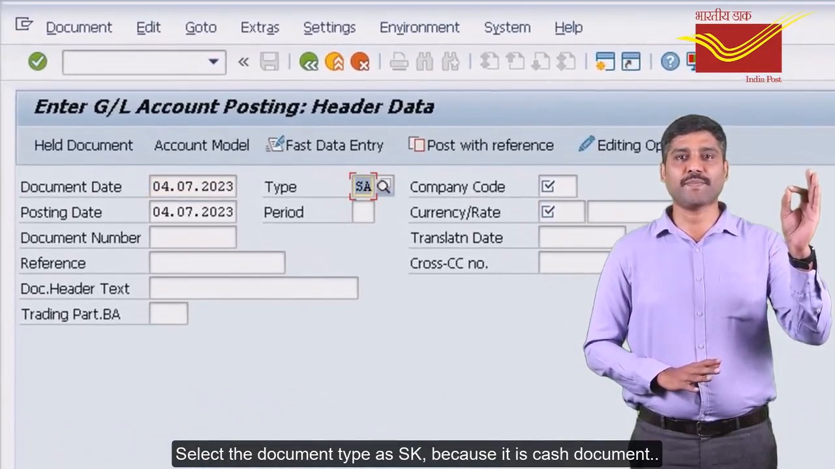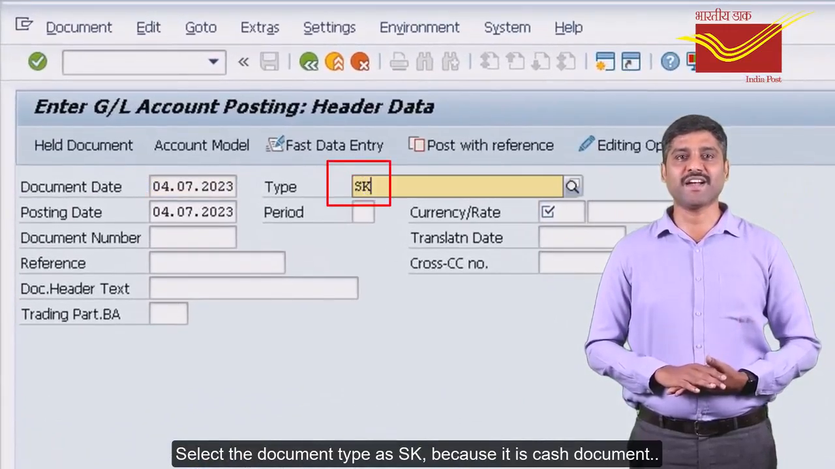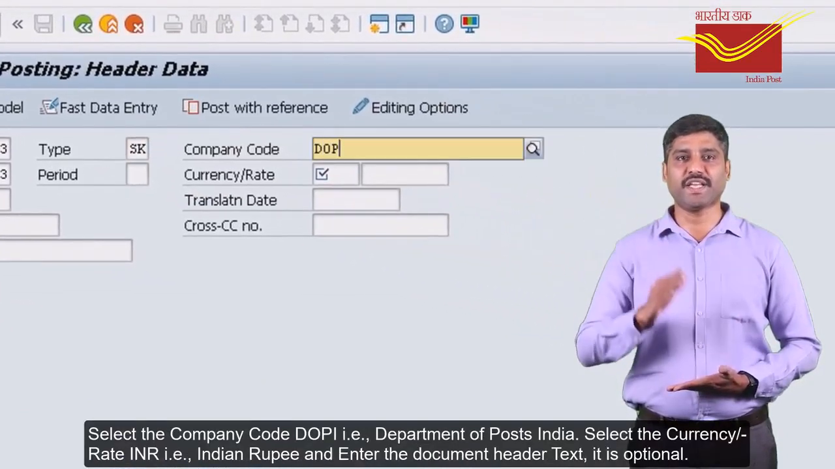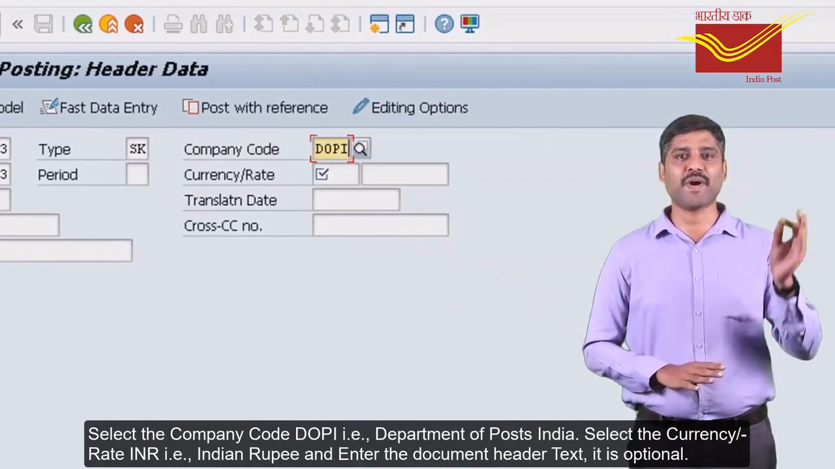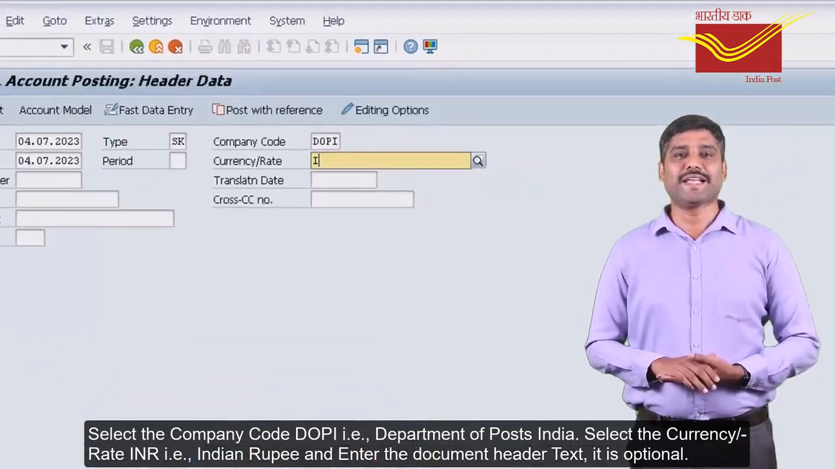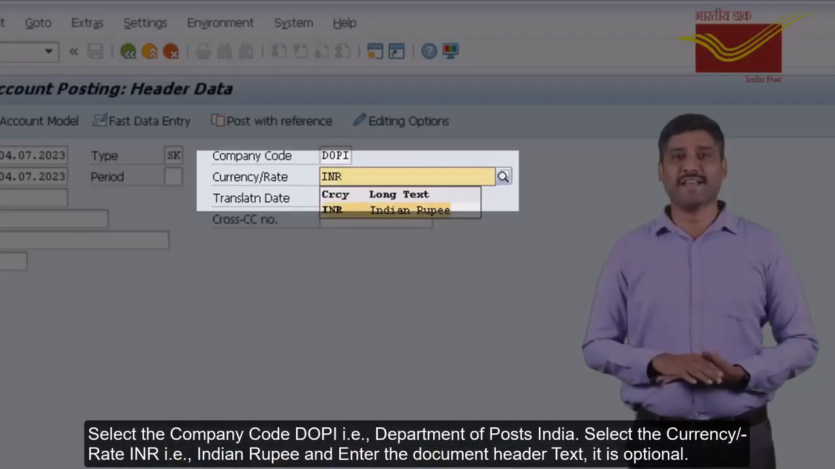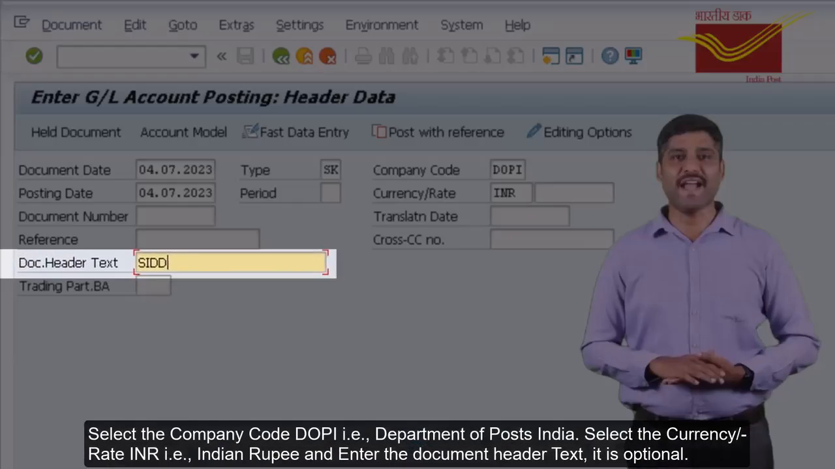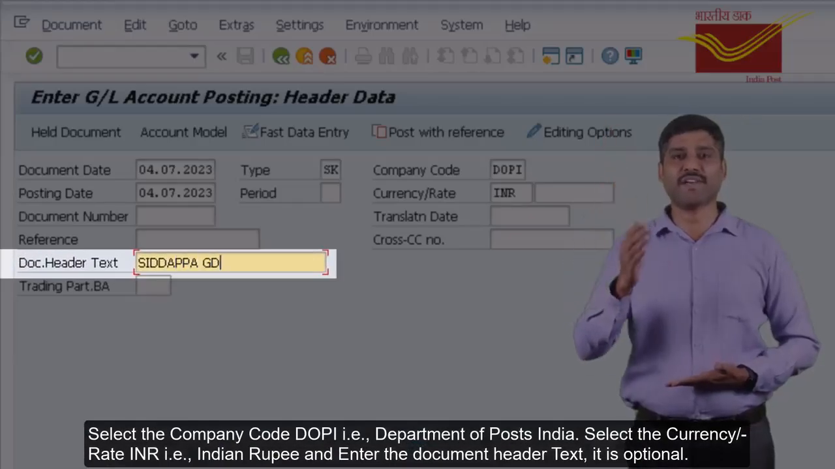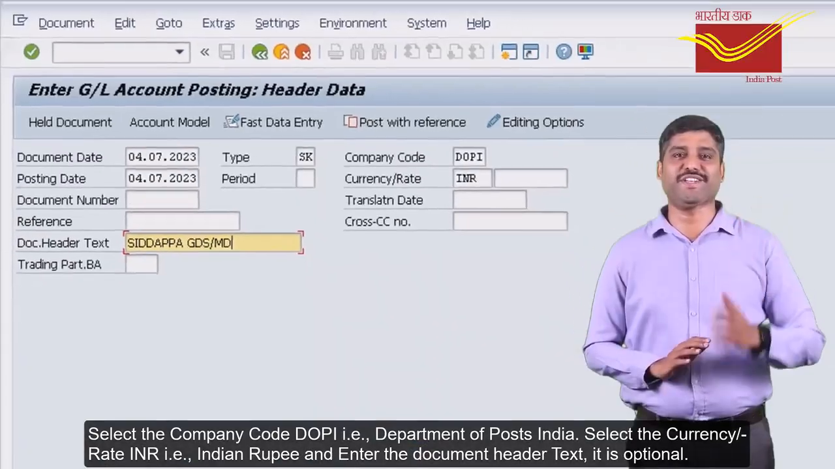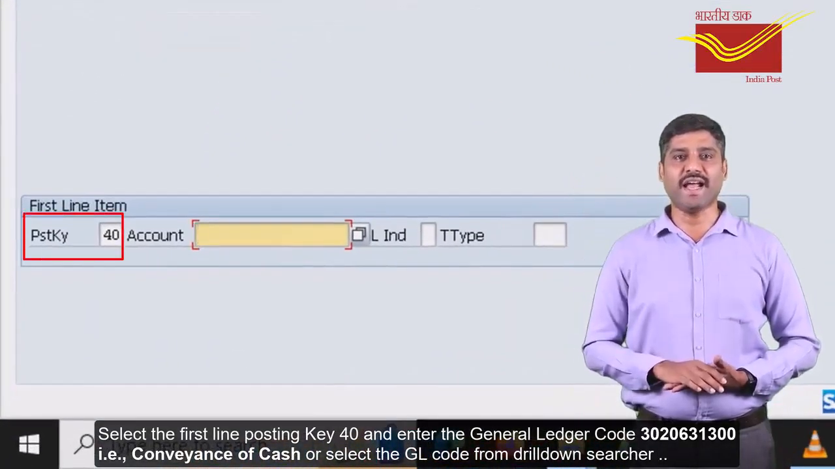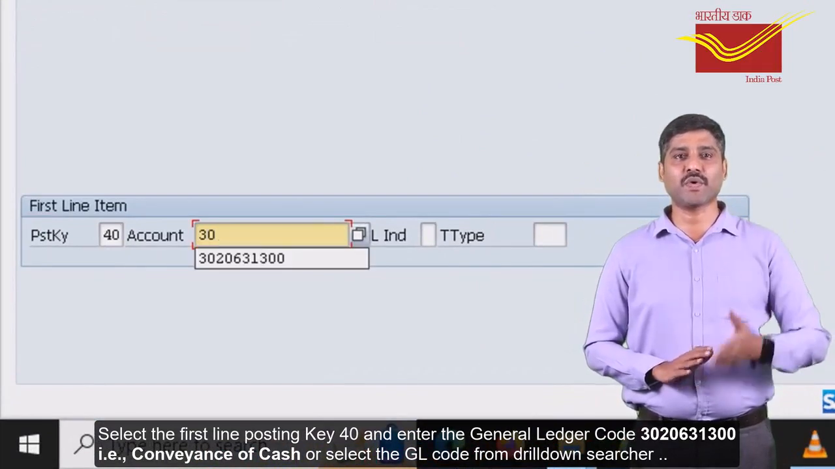Select the document type as SK because it is a cash document. Select the company code DOPI, that is Department of Post, India. Select the currency rate INR, that is Indian rupees, and enter the document header text. It is optional. Select the first line posting key 40 and enter the general ledger code